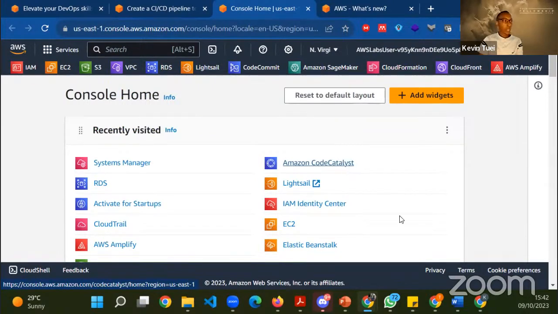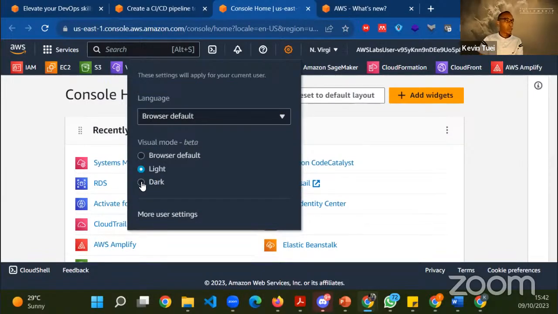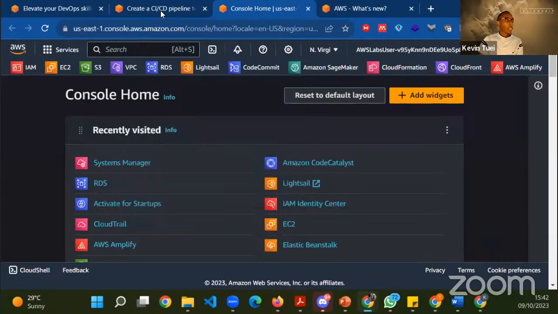So let's look at how this goes. We are in a lab, dark mode. You can just change it from this gear icon, so I'll just do that. Then once you're here,